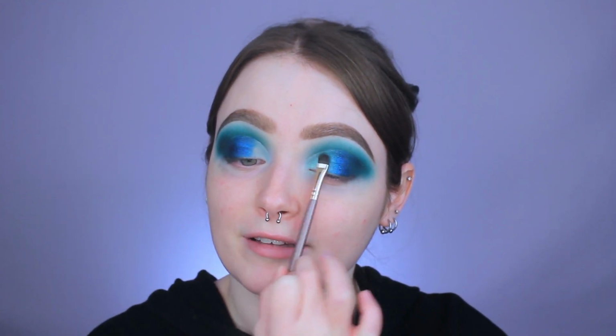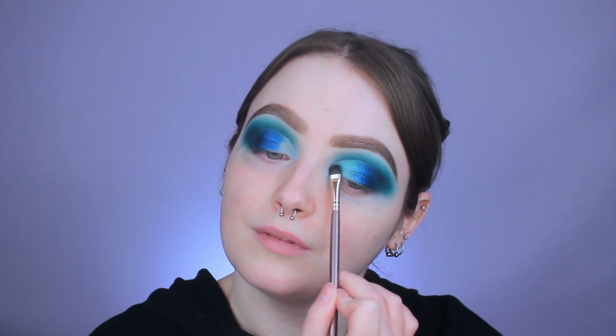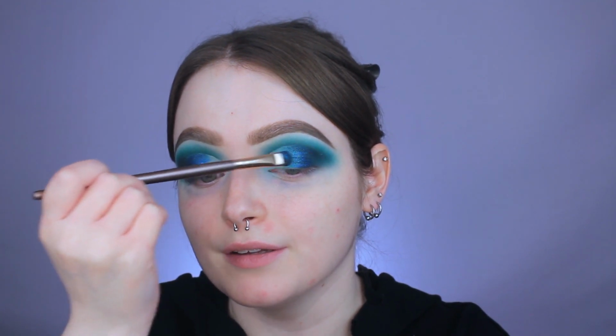Again, it's not like the glittery kind of sparkly that Colourpop has with some of their shimmers. This one's more of like that wet sheen, but it does have a lot to it. It's in between a wearable shimmer and the super extra sparkly metallic ones. I'm just taking whatever's left on my brush and lightly going over Coconut. I'm just going to go back in with that brush that we applied Coconut with and then kiss the edge